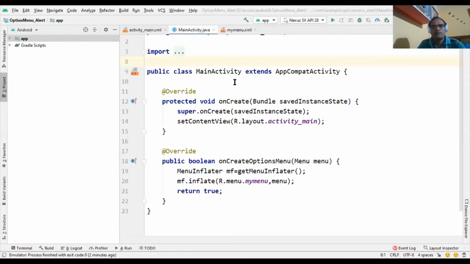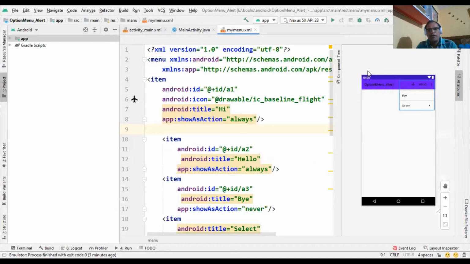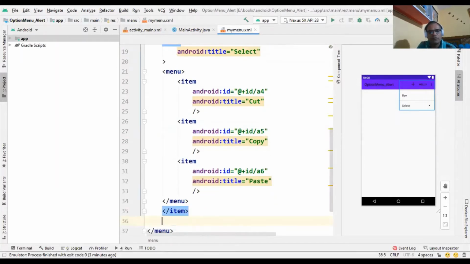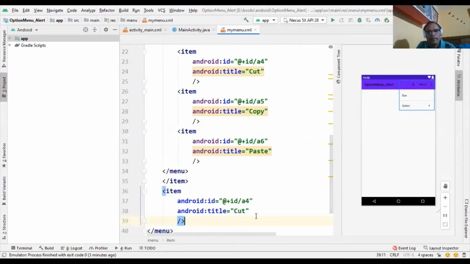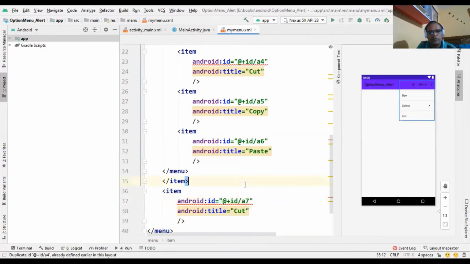So now, this is my menu.xml file, and here we create one more option, the close option.